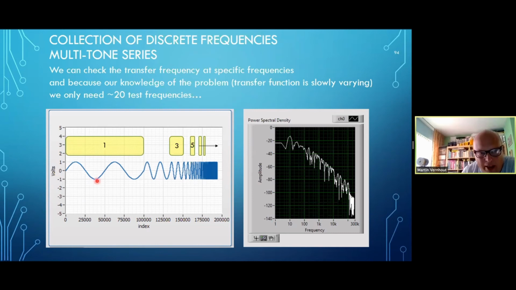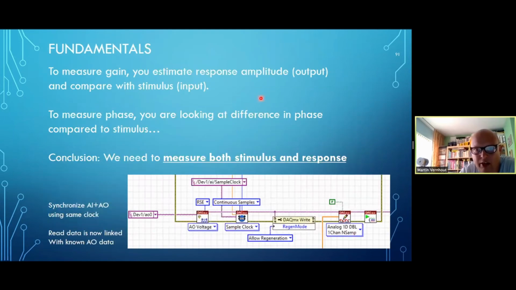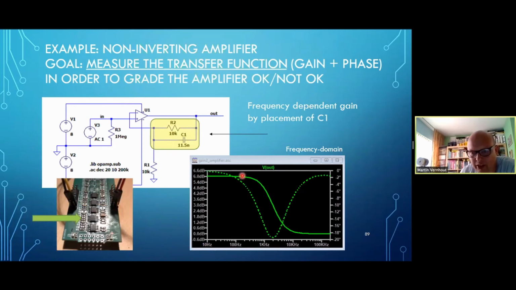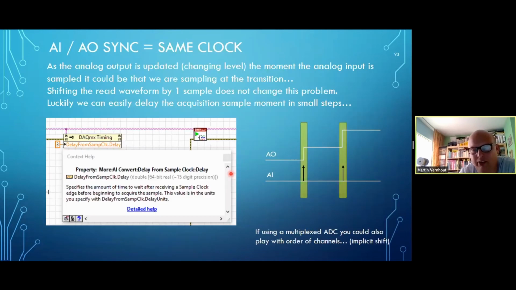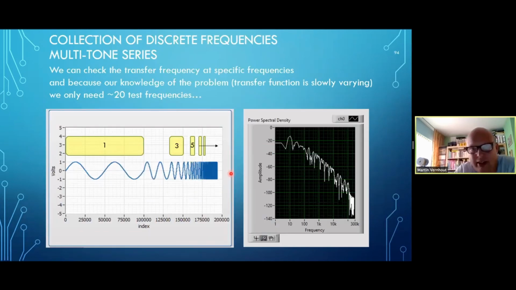So my waveform, which I'm going to generate, is a sine wave, 2 sine waves. Then for a different frequency, again 2 sine waves. A third frequency, again a couple of sine waves. And because we know that the transfer function looks like this, we don't need all the points. We just need enough points so they can be connected by linear interpolation, and it looks the same as the transfer function. So maybe only 20 test frequencies are needed.